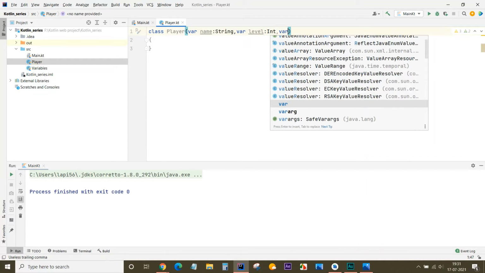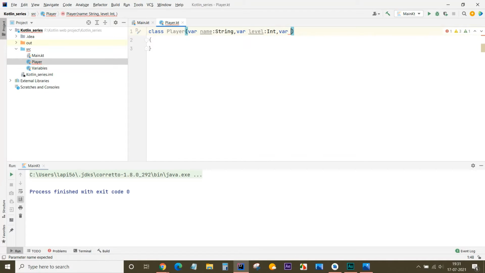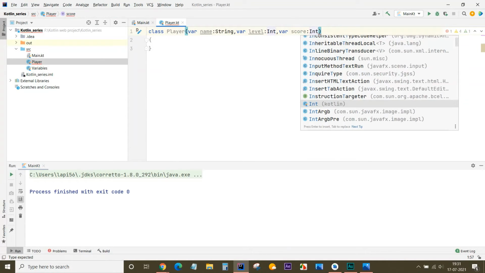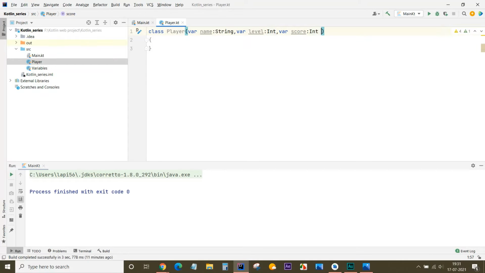And for example score, an Int. We can give a default score of 0 when a game starts. Level, you can say default 1.